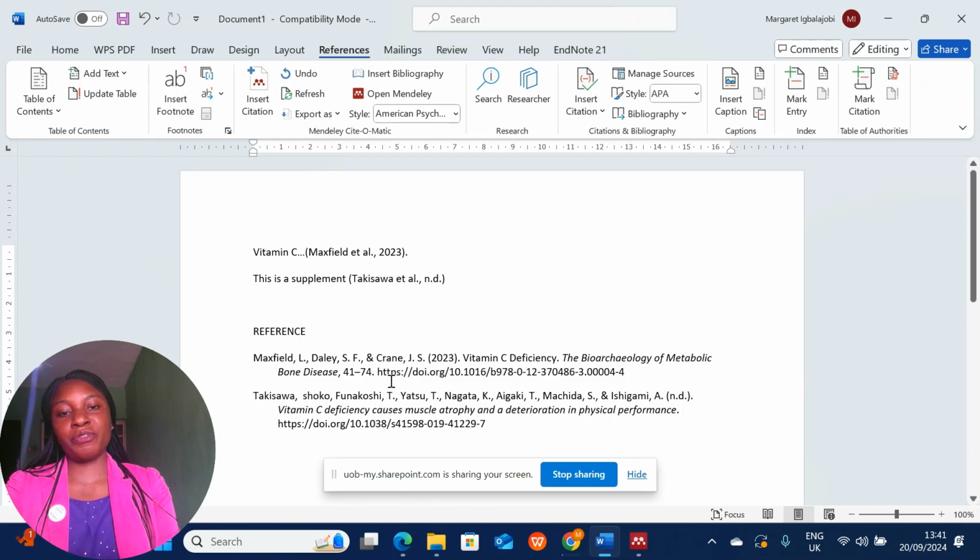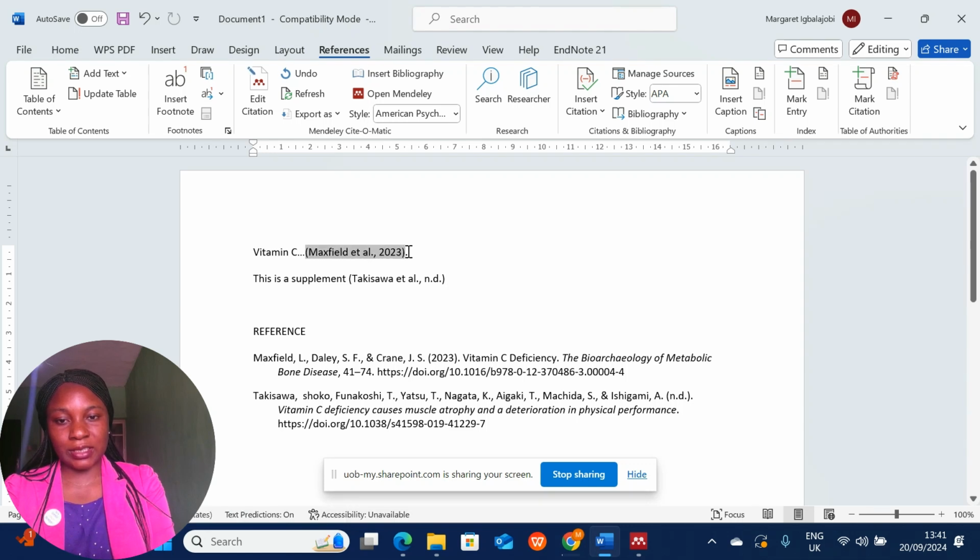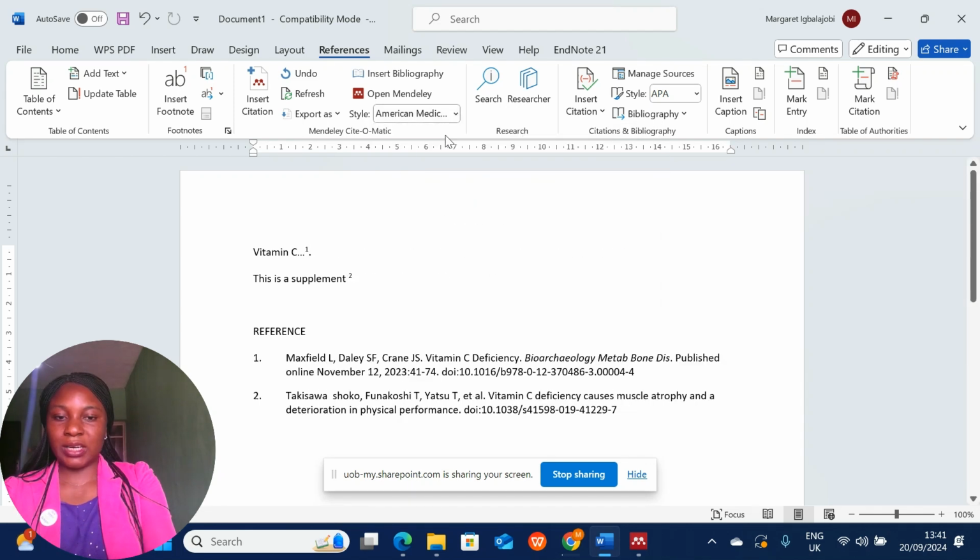But if perhaps you have finished your write-ups and you have been told to change them to a particular style, all you have to do is to come to any of these citations or references, and then change it to whatever style you are supposed to change it to. Then it will